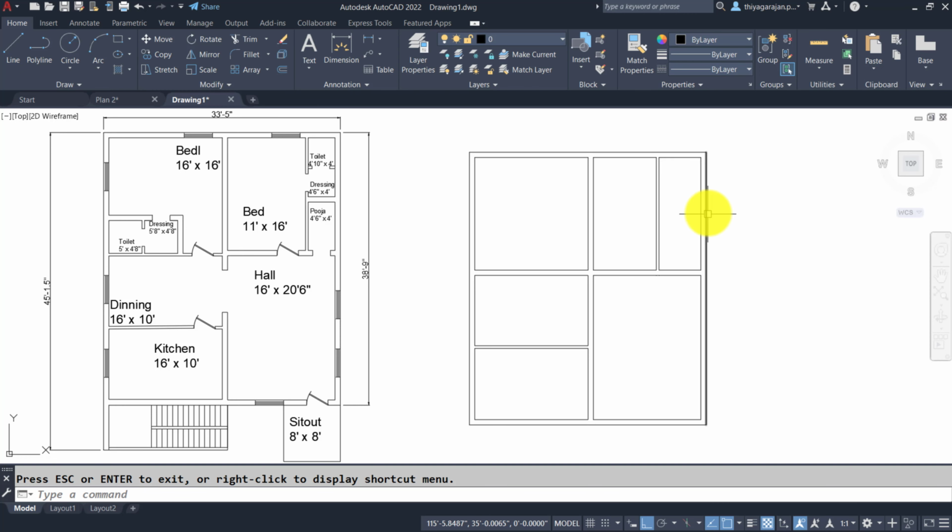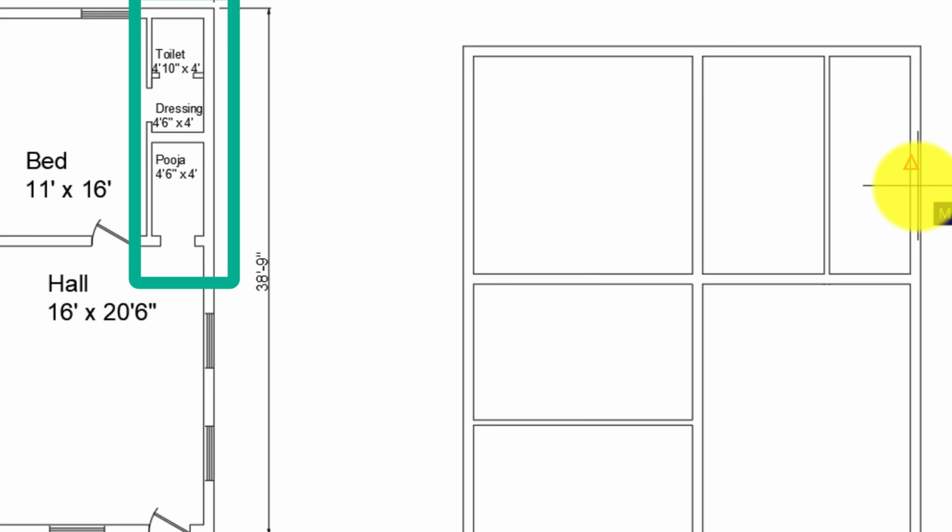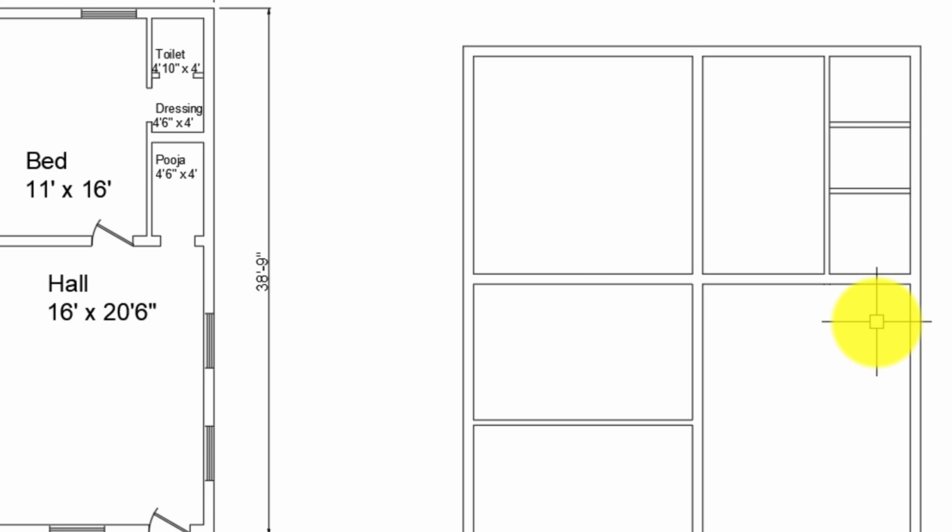Now I'm going for the interior information. Let me offset 4 feet 10 inches and a small wall, 4.5 inches. Then 4 feet 6 inches, another offset, again a 4.5 inch wall. Let me make the opening here. Generally the door opening will be 3 feet, so offset 3 feet.